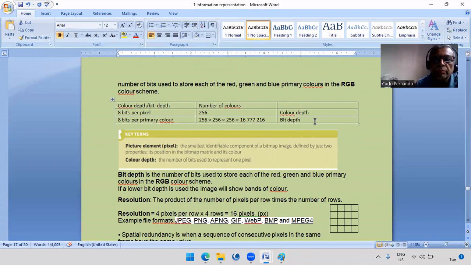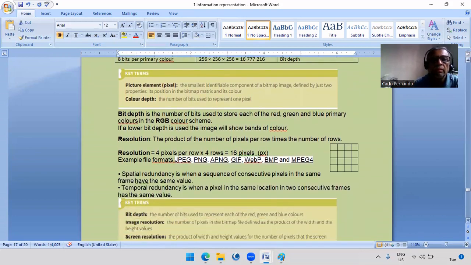If the bit depth is 8, that is given per primary color, 8 bits per primary color, which means 256. And there are 3 colors, RGB. So 256 into 256 into 256, all the mixture of colors will give you 16 million plus colors. So that's a very good quality